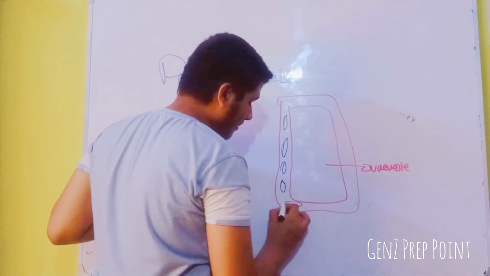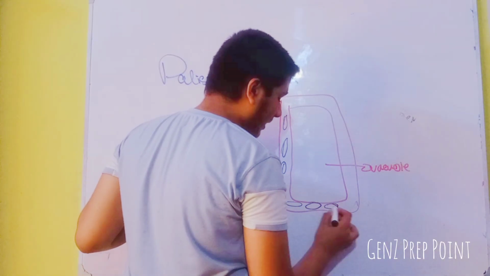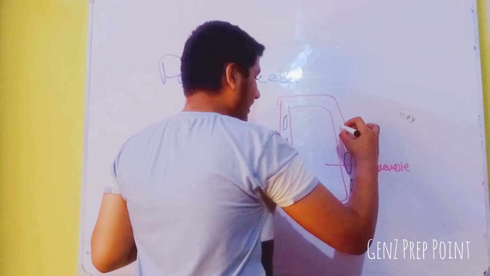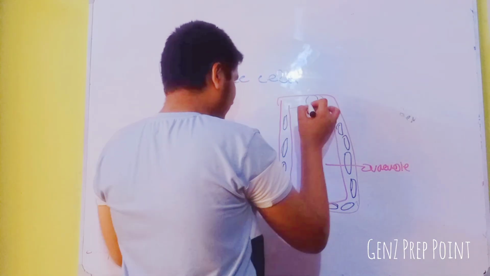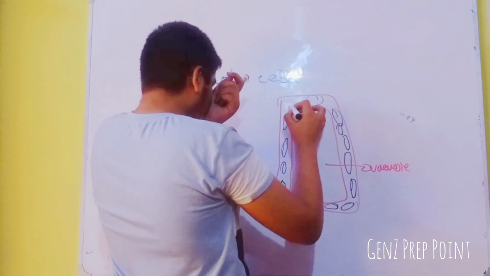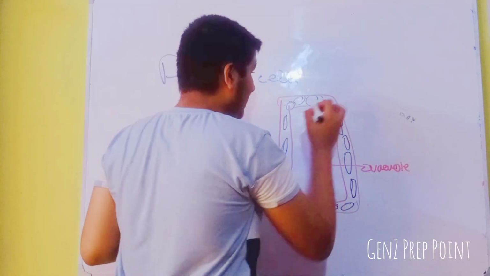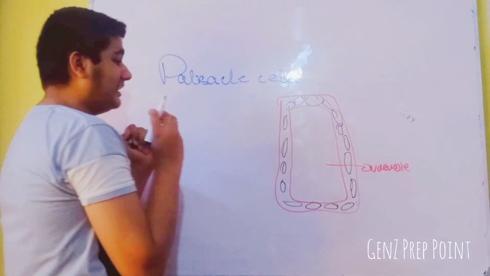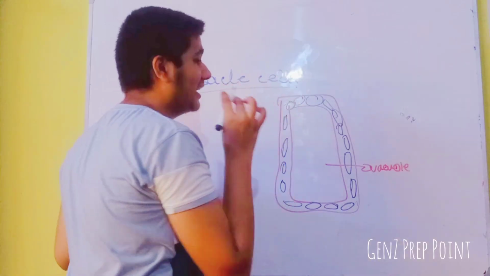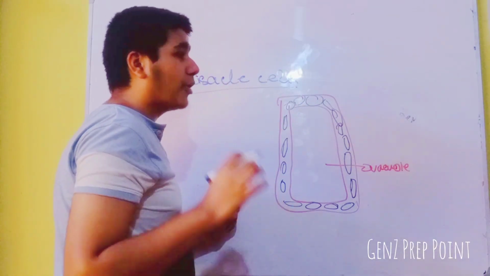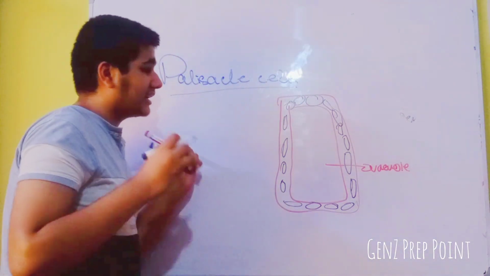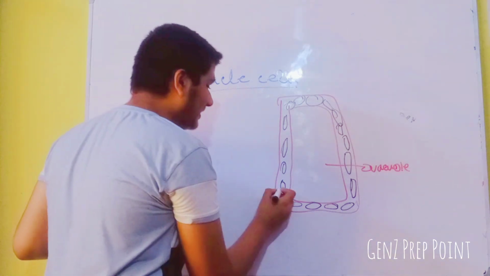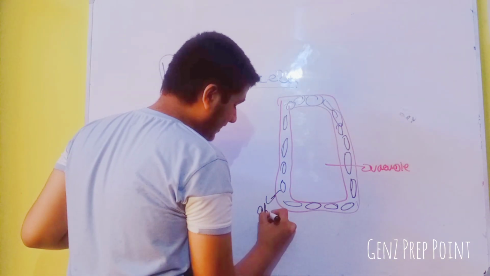It has so many chloroplasts to maximize the absorption of sunlight, to trap sunlight as much as they can. This is the nucleus. This is chloroplast, this is chloroplast, this is chloroplast. At least more than 50 chloroplasts are in each Palisade mesophyll cell. There is no proper fixed number. It can be 30, it can be 60, it can be 50, it can be 55. But it has an abundant number